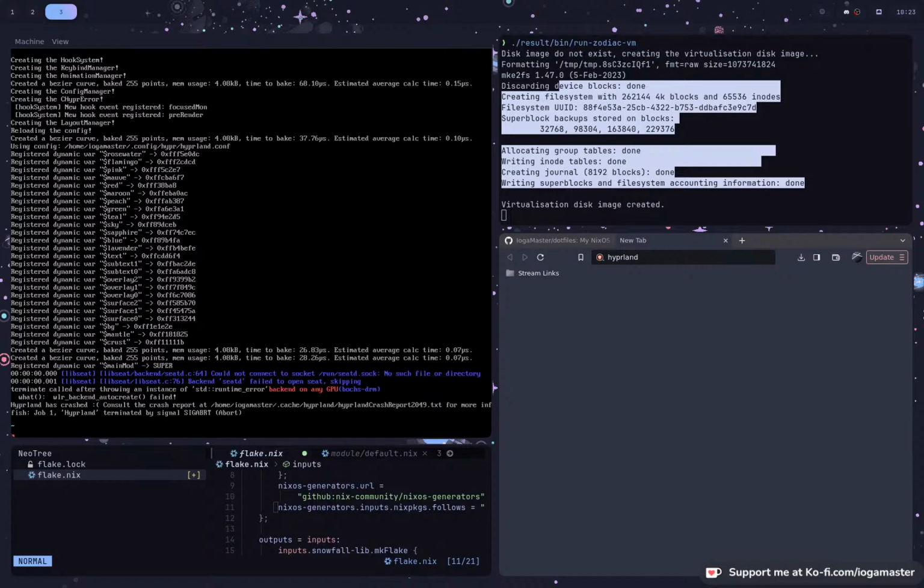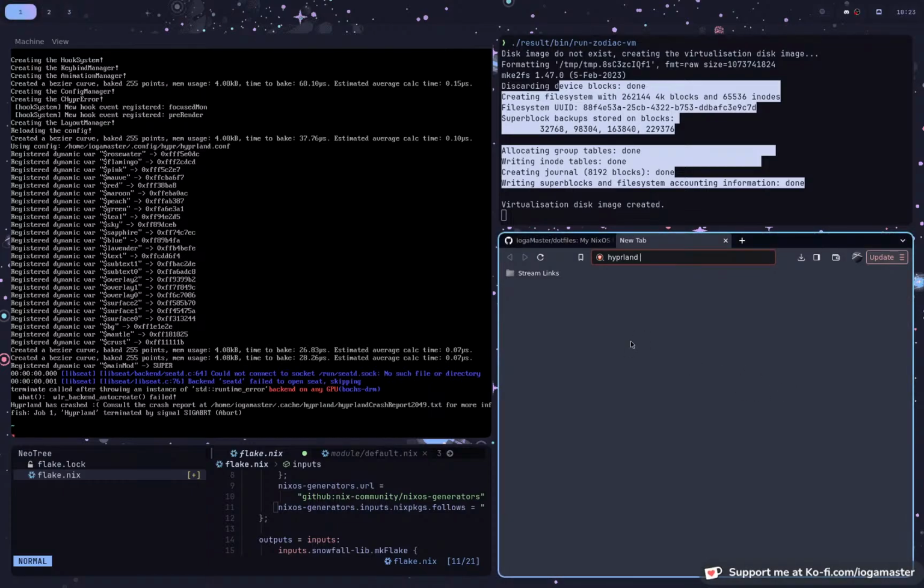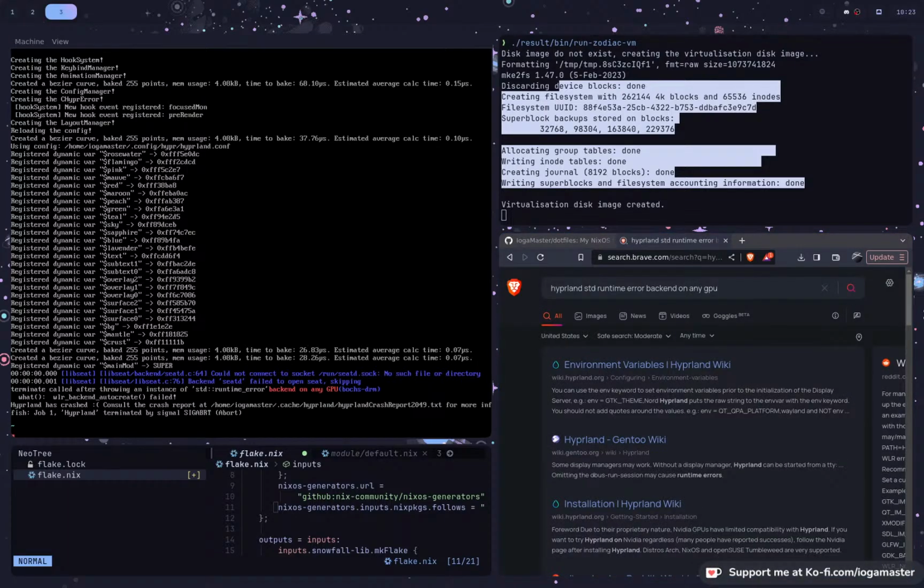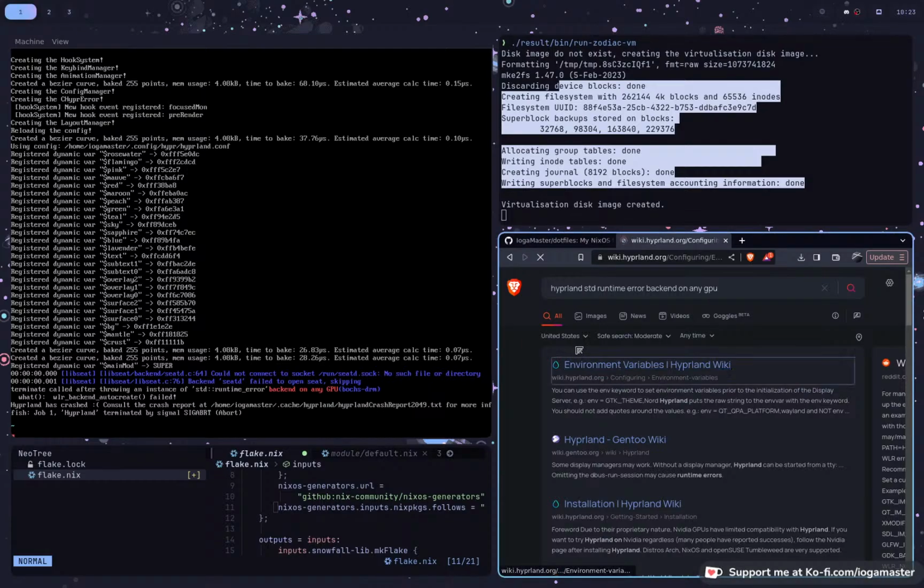Where's the music? There it is. Right here. Hyprland. And then we'll say std runtime error, and it will say backend on any GPU. This is an interesting circumstance. I don't know why it does that, but